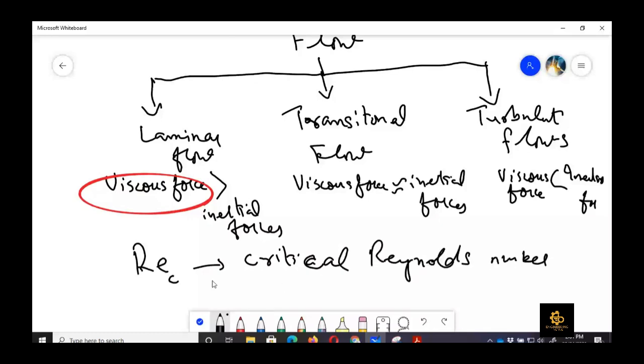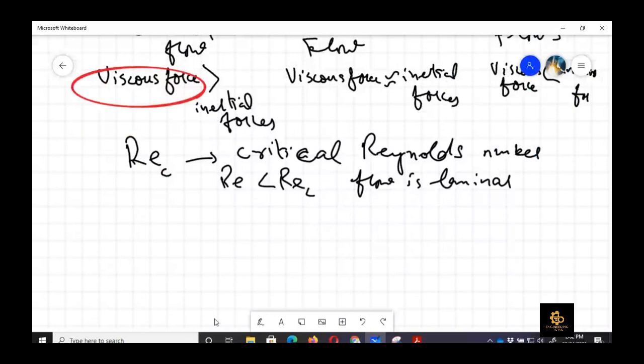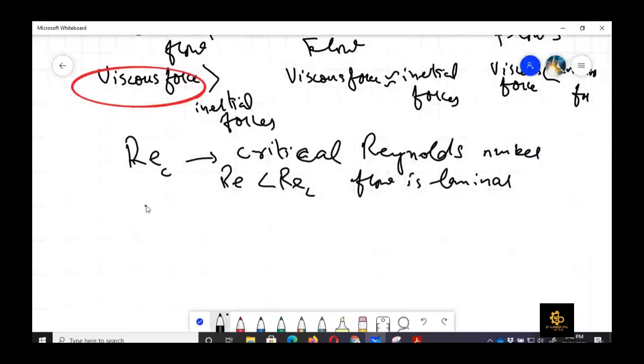And it tells us whether the flow is laminar or turbulent. So when the Reynolds number is less than Re critical, then the flow is laminar. Otherwise, it would be transitional or turbulent, right? And the value of critical Reynolds number for internal flow, which is pipe flow, is usually 2100, or we also take it as 2000, because the surface roughness of the pipe also plays a role in determining the critical